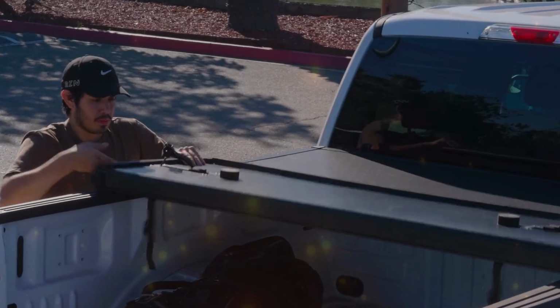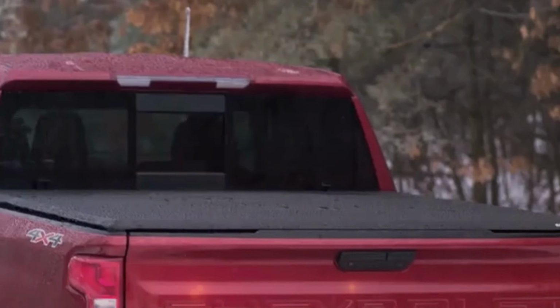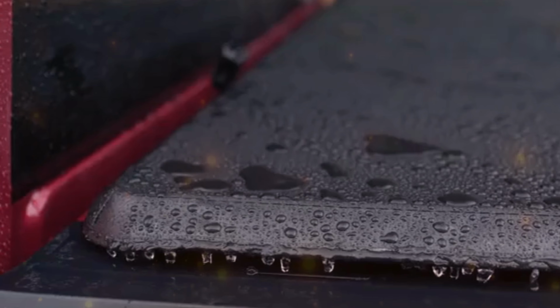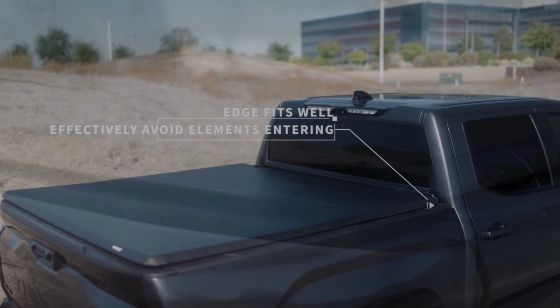Are you ready to transform your truck into the ultimate blend of style and functionality? Welcome to our deep dive into the best TRIFOLD tonneau cover on the market. In this video, we'll unveil the game-changing features that set this cover apart, enhancing your truck's appearance while providing unmatched